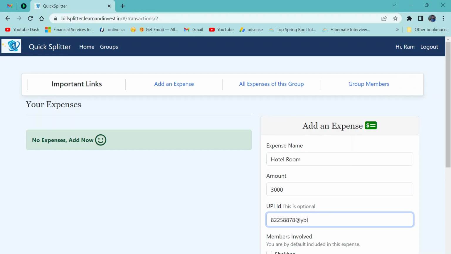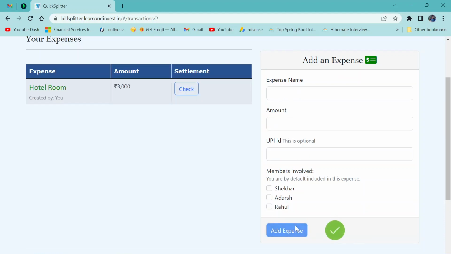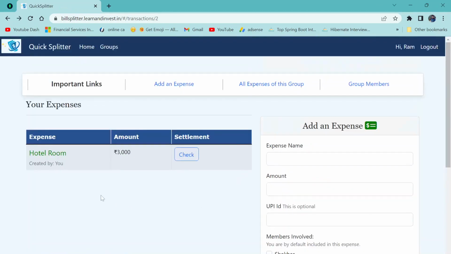After entering the UPI ID, in the below section, you can see members involved in this particular expense. So let's suppose room were taken by all the three members and along with Ram. So he will select all the three members and press on the add expense button. Now you can see the hotel room expense got created with amount and you can see there is the check